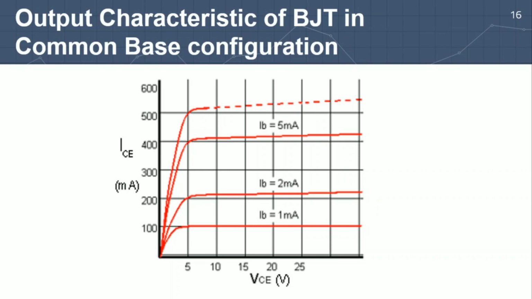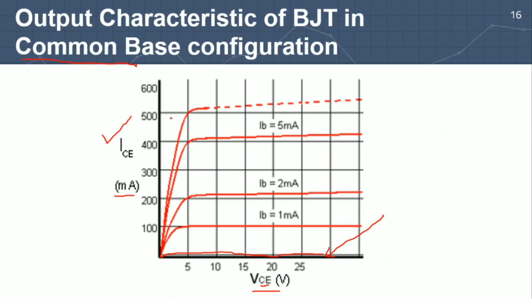The last one is the output characteristic of BJT in common base configuration. Normally we take common base configuration here to understand the concept of BJT. In this, I take VCE, that is the voltage applied across collector and emitter, and ICE is the current I obtain through the collector. This is the output current. Here you can see the characteristic curve. The very first region, at the x-axis, will be your